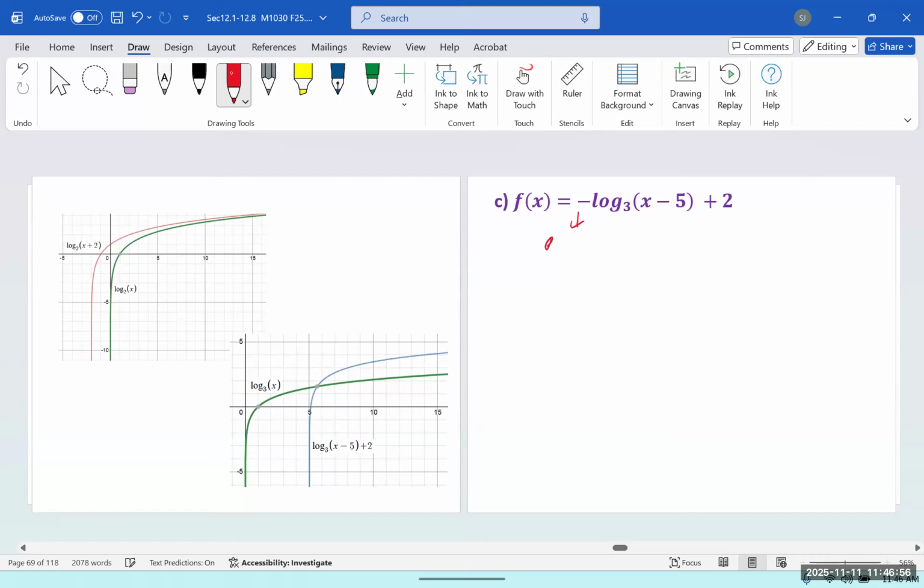So this is a reflection about what? X or Y? X. Reflection about the x-axis. And then -5 means? Right 5, up 2. So